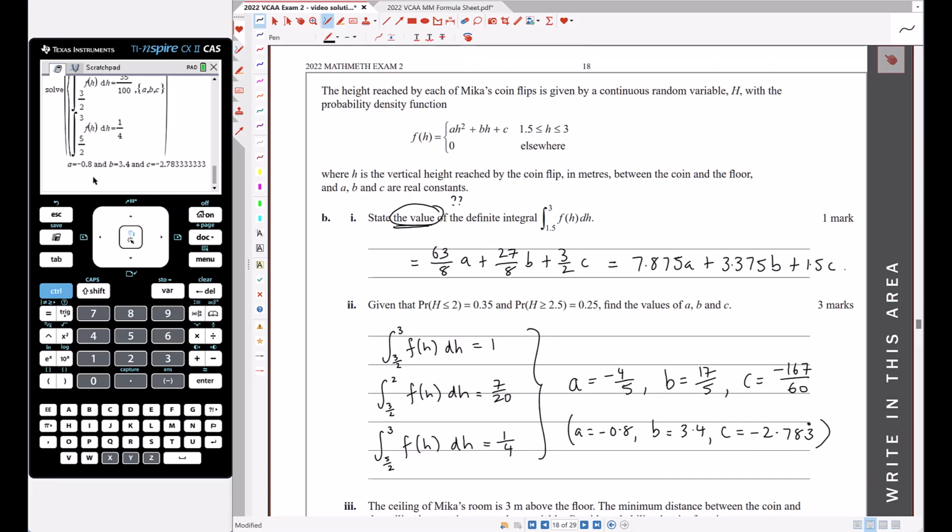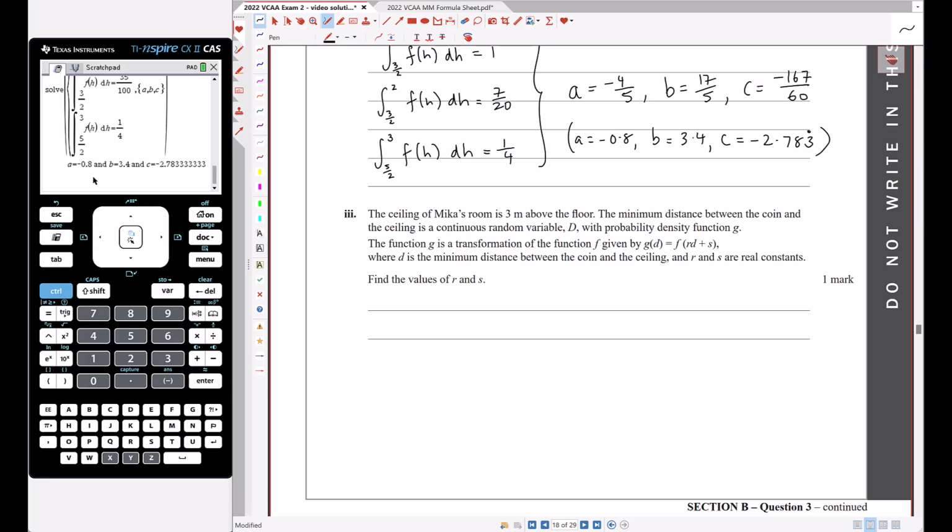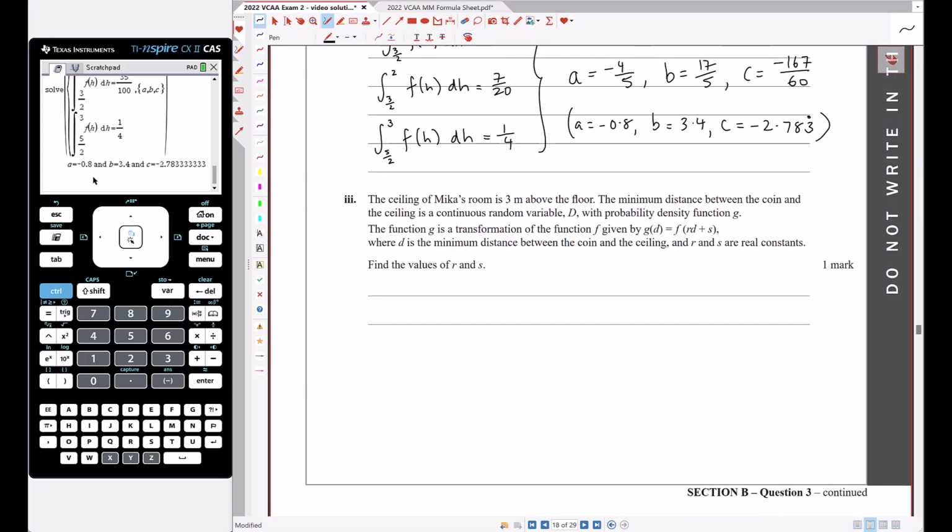Okay, so let's think about what we've got here. Our original variable h was the height reached by each of Micah's coin flips, and so it was the height from the floor. So h is the distance between the floor and the coin, and d is going to be the distance between the coin and the ceiling. So we have our room, we have the floor, we have the ceiling. We know that the ceiling is 3 meters above the floor, so we know that that's 3. We've got our coin,